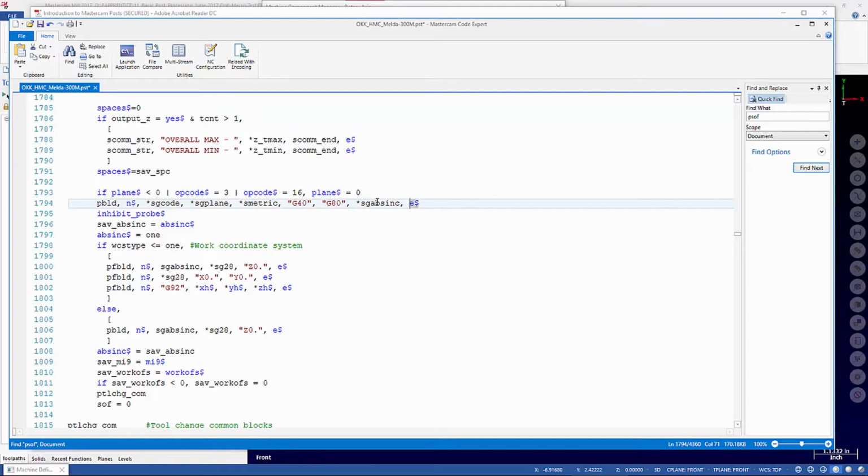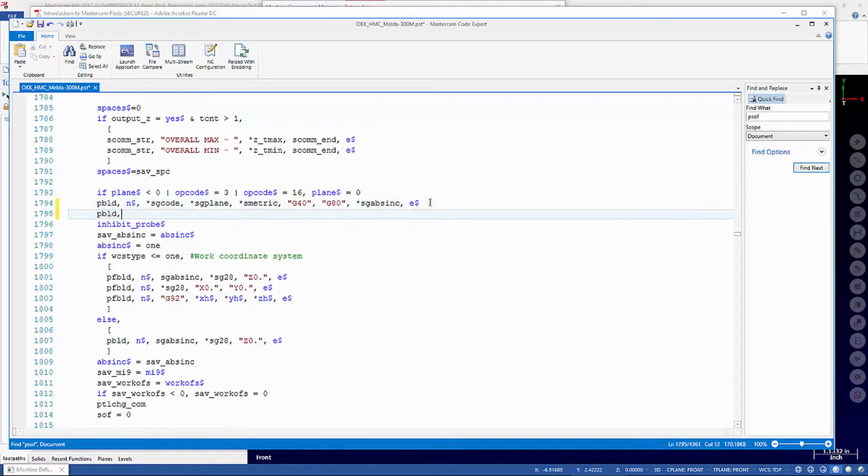And if I wanted to break this up into multiple lines, usually I need to copy the PBLD and the $, and put an $, at the end of the line. And then anything in between there, I need to make sure I have at least one thing in here, because I have a comma here and a comma here. I can't have just two commas in a row. This would throw an error if I had an output statement with nothing there. Okay? So I've got this comma here,